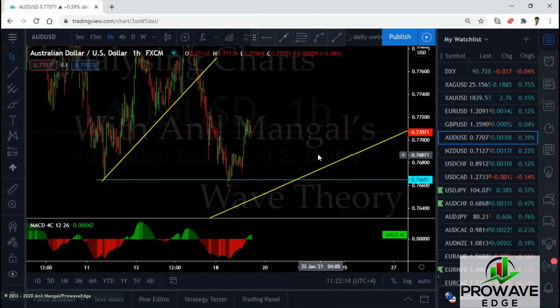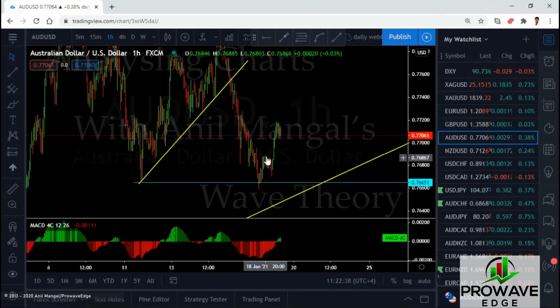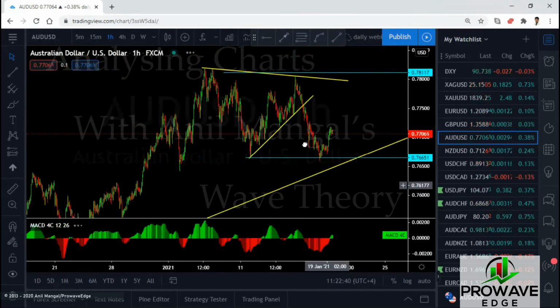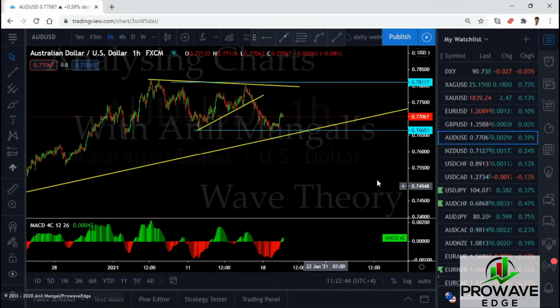It did, and not only did it break the low, it gave you the perfect setup for a buy. So you had a perfect flag there. You have a buy setup. If you're in the trade, wonderful. If not, we look for another buy setup here today. Right? So you have to be in the Asian session to get this trade. If you're not there, we'll look for another buy today. Can it go lower? Yeah, possible. We don't have a sell setup. We're not going to be selling the Aussie, not as yet, as long as we're still in the uptrend line, we're not selling it. We're looking for a buy.